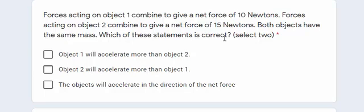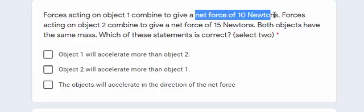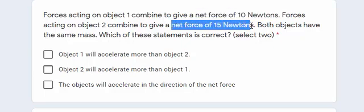Now, first we need to remember whenever they talk of a net force, like we have here, we are talking of Newton's second law of motion. Newton's second law of motion, as a reminder, says whenever there is a net force, there is an acceleration. The acceleration and the net force are directly related, meaning the more net force, the more acceleration, and are in